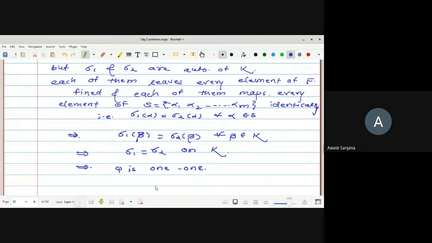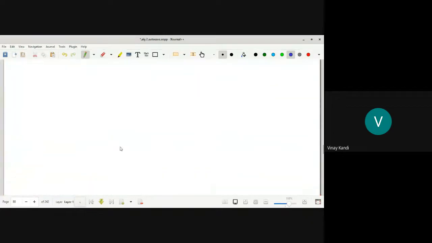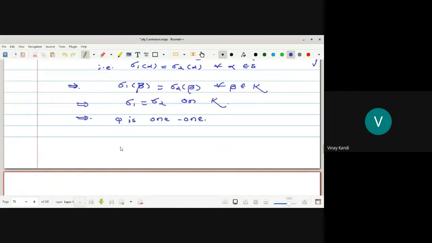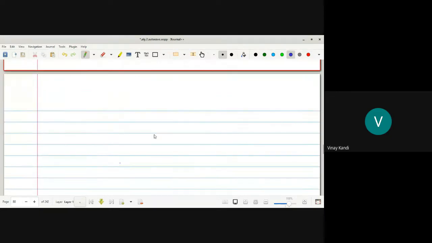Now look at this one. The next one. Now we have to prove that psi is onto. Second, to prove that psi is onto, for the continuous, let G be any element